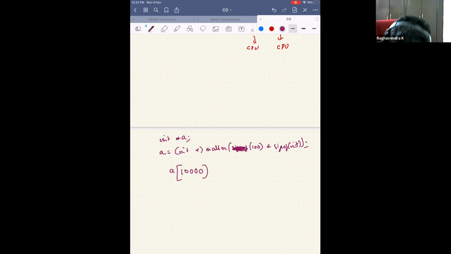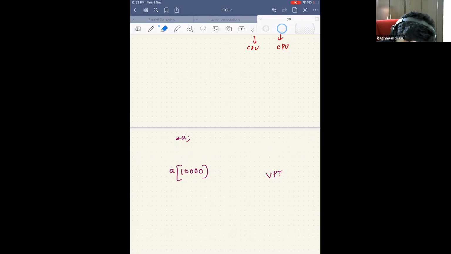When I executed the declaration, I requested 400 bytes, which means that immediately in the virtual page table an entry is made. Let's make it easier.